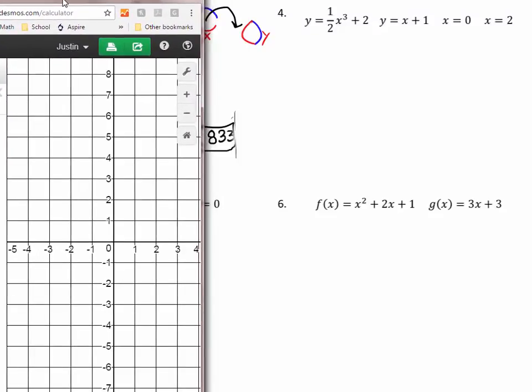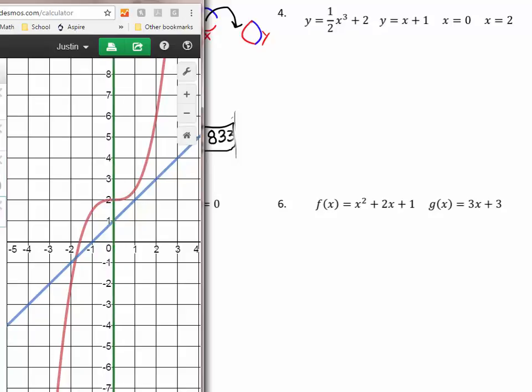So let me pull it up over here. So let's see, we've got 1/2 x to the third plus 2. So there's my x cubed. I've also got the equation x plus 1, right there. And then these, x equals 0 and x equals 2, are vertical lines. So I've got x equals 0